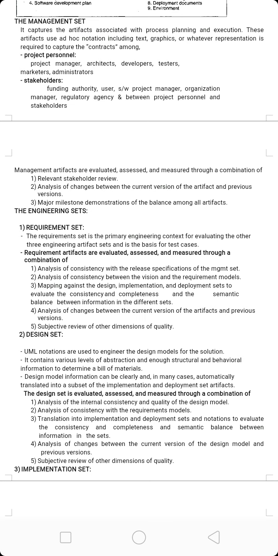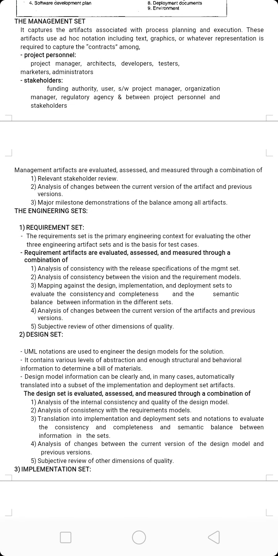Here, previous versions and current versions are taken into consideration. The last one, major milestone demonstrations of the balance among all artifacts, and in particular the accuracy of the business case and vision artifacts, are taken.